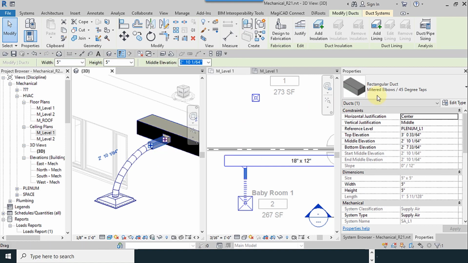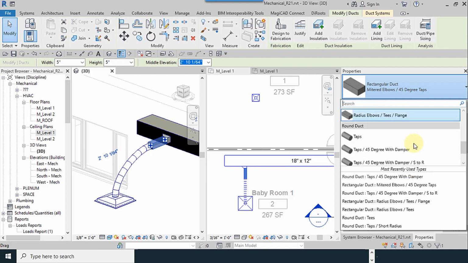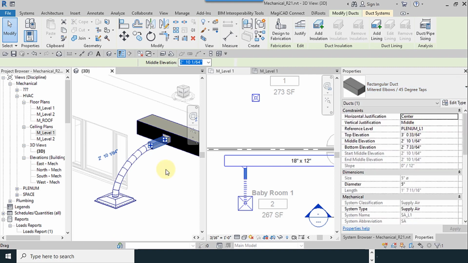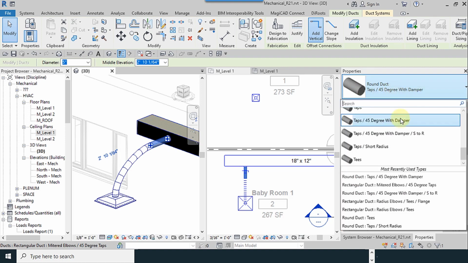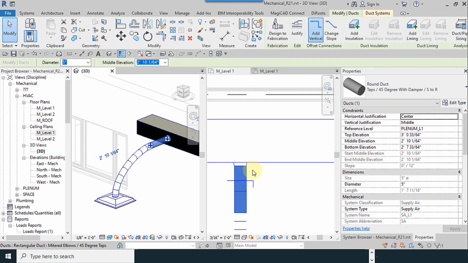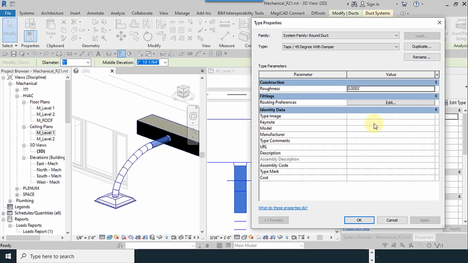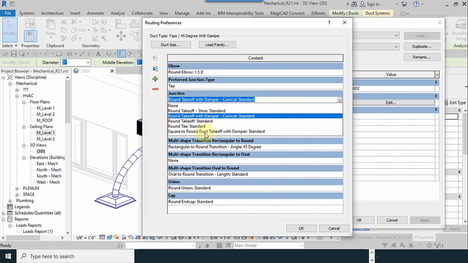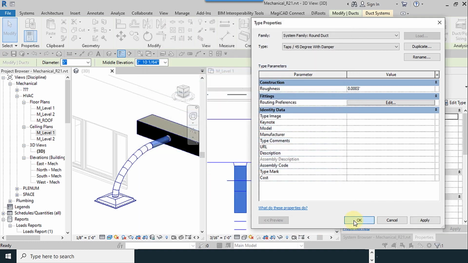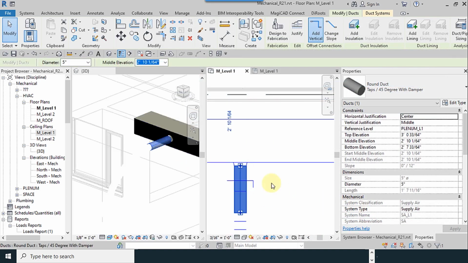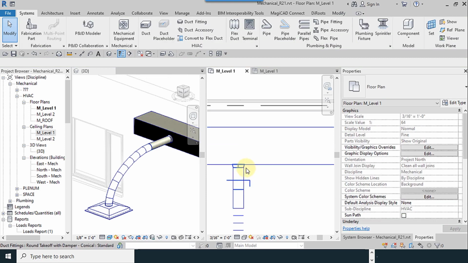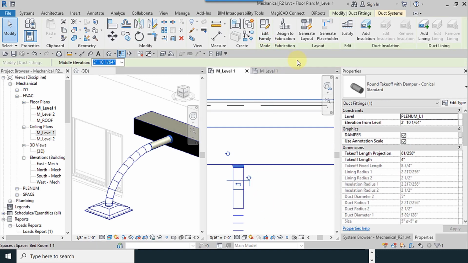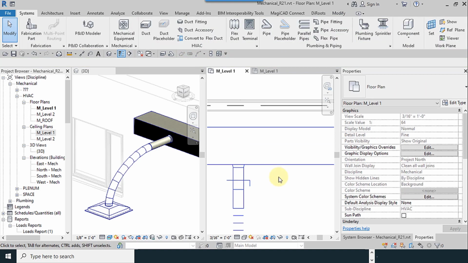Now select the channel and change the duct type to the round one, or for example this one, or this. There's an important note: go to edit, and I change the square to round. This is important. And I remove this, or